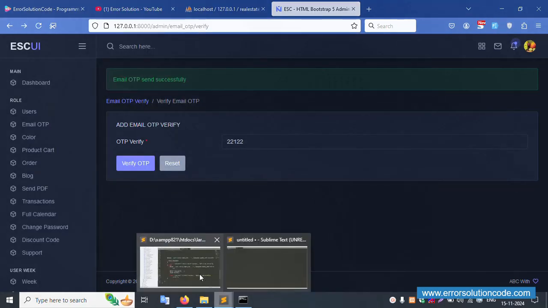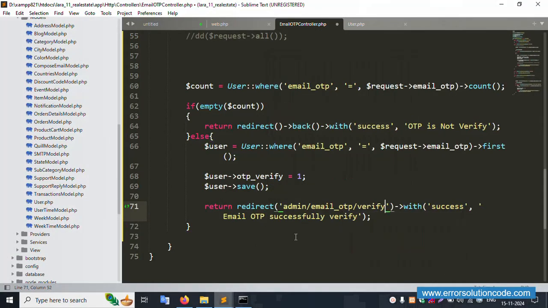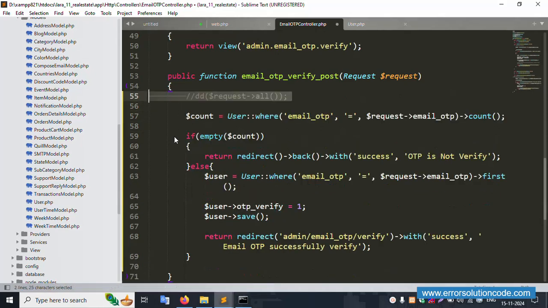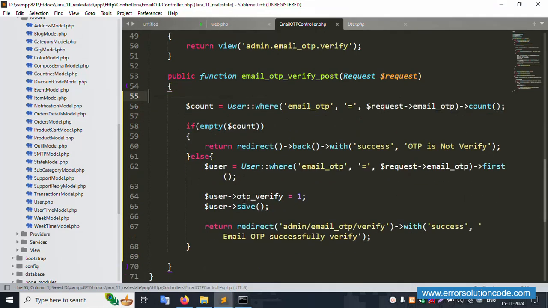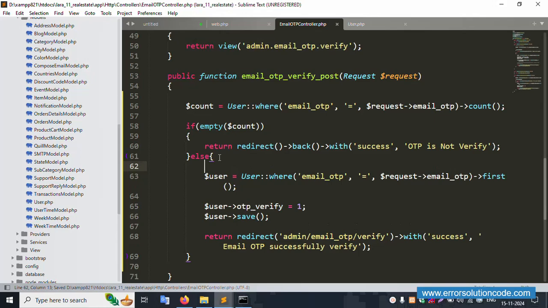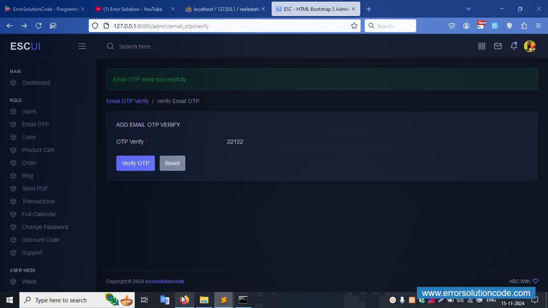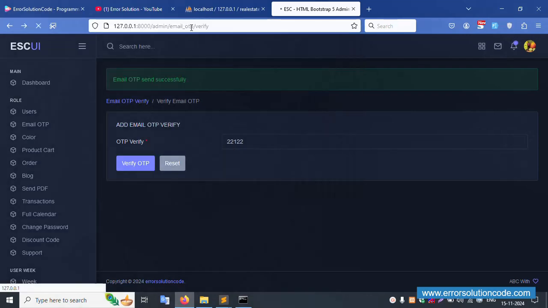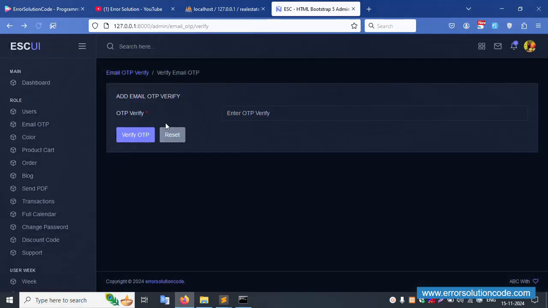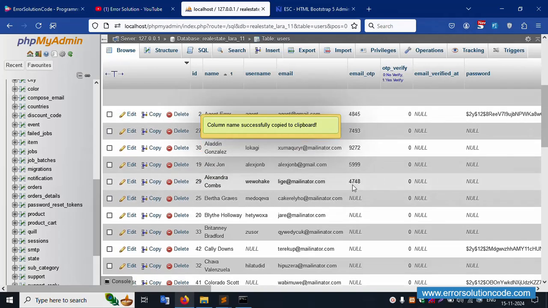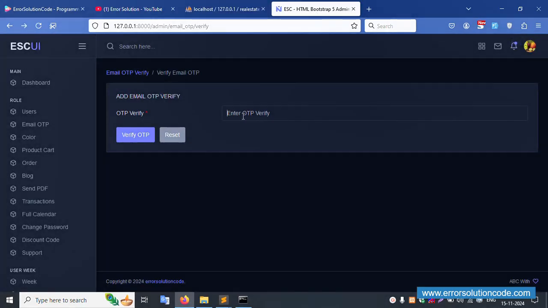paste here. Save file, all good. Let's remove the extra. Save file, all good. This is fine, successfully set. Let's refresh this page, and this is OTP is verified. This OTP is a wrong OTP. This is the wrong OTP implementation, and click this,